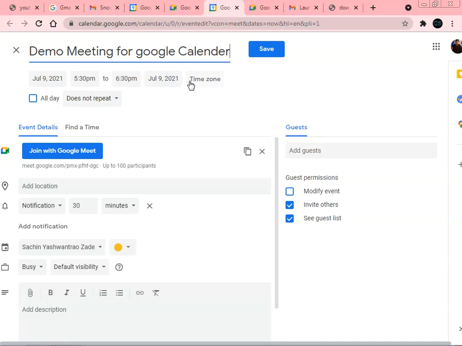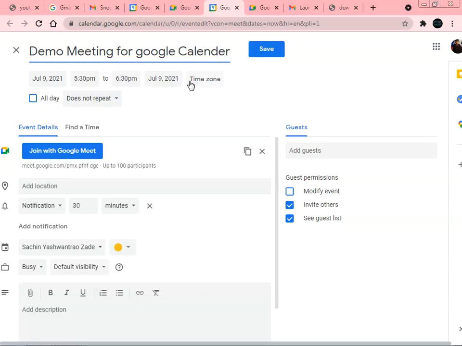The basic advantage of creating the link from the Google Calendar is that this link will be stored in the Google Calendar of your account itself, and it will last as long as your Google account exists. Means if you are using this account continuously for 10 years, 15 years, or 20 or 30 years, and you want to see what meeting you created on the 9th of July 2021, you can see it. This is one of the most advantageous features of the Google Calendar, that it completely stores the details in the Google Calendar itself.